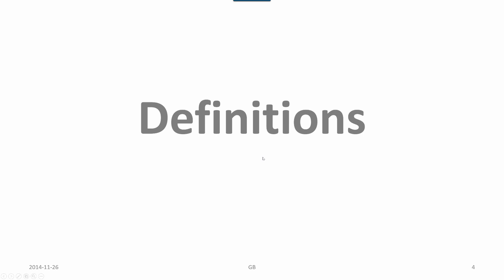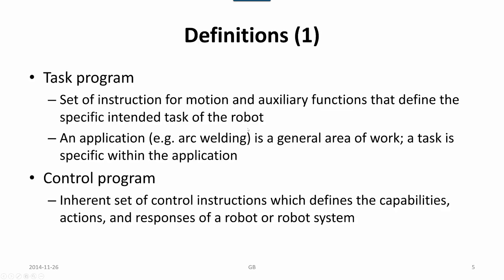So some basic definitions, which also are part of the standards terminology related to robotics. A task program is a set of instructions for motion and auxiliary functions that define the specific intended task of the robot. And an application for an industrial robot could be arc welding, polishing, machine tending, assembly. That is the general area of work. The task is a specific job within the application,